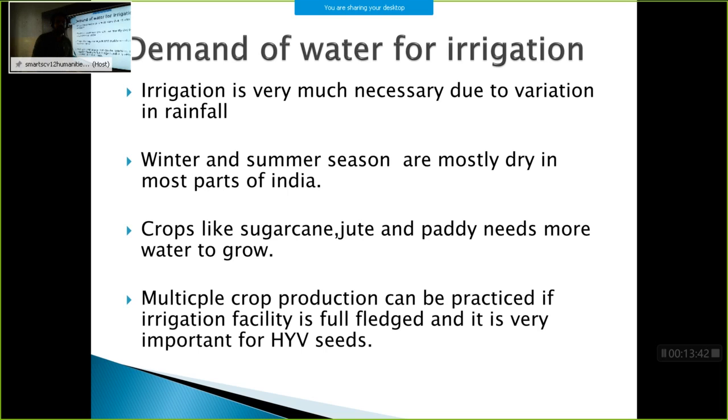And what are HYV seeds? HYV seeds are high yielding variety seeds. High yielding variety seeds are grown on lands for increasing the agricultural production. It will take only a small period of time to grow, and it will give much higher yield than the primitive seeds. Okay,